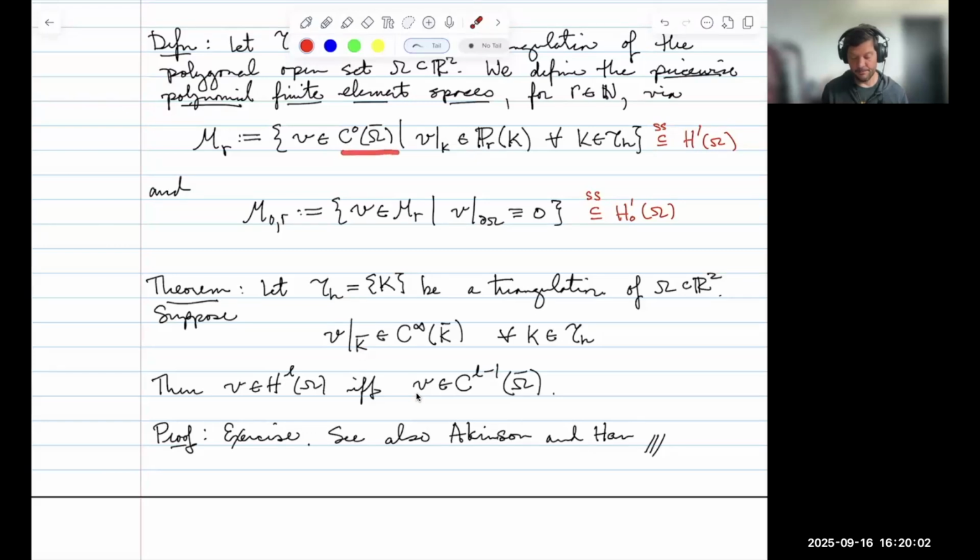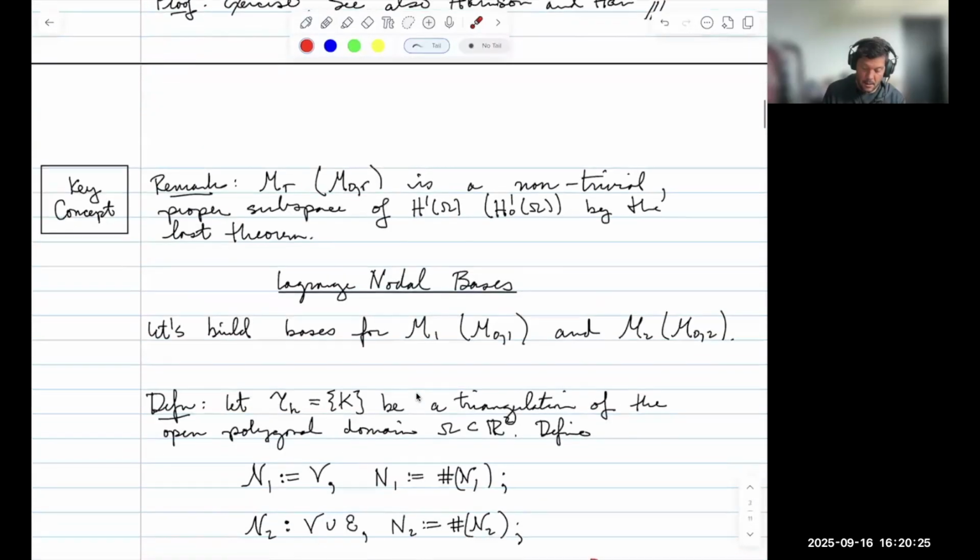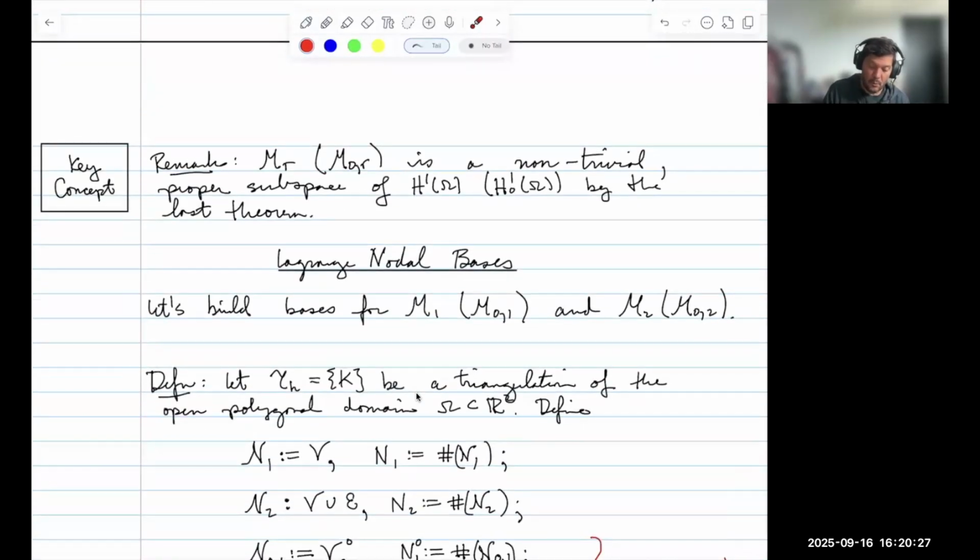To get a piecewise polynomial space which is C1, that is H2, then I'm going to need this to be C1. I'm going to need it to be globally C1, which is a fairly difficult thing, it turns out, in finite elements to produce. Now, what we're ultimately going to show is that MR and M0R are non-trivial proper subspaces of